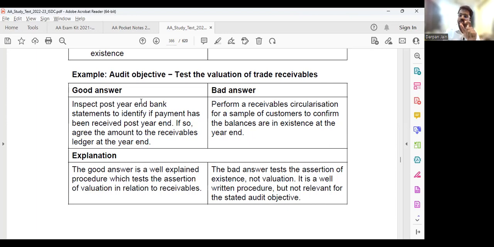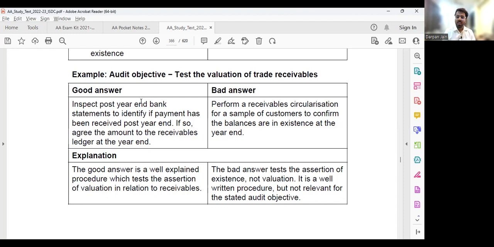Now, the value that they're showing for receivables, let's say for Mr. A, they are showing 2,000. For Mr. B, let's say they are showing 15,000. For Mr. C, let's say 20,000. So how will you make sure whether this 2,000, 15,000, 20,000 are correct amounts or not? Whether the value of them is correct or not. How will you know that? You should go and see after the year end, what payments have you received? You must have received the payments from A, from B, from C.